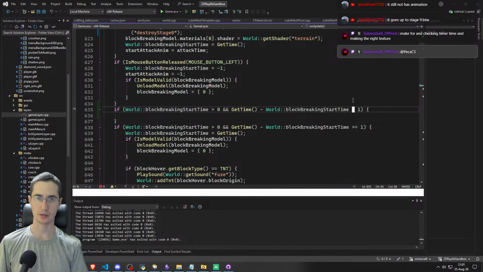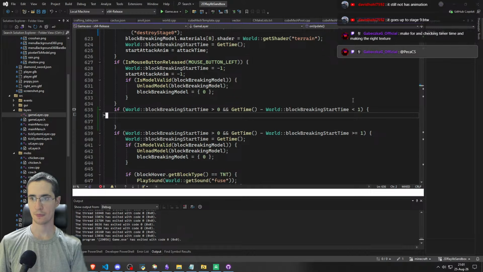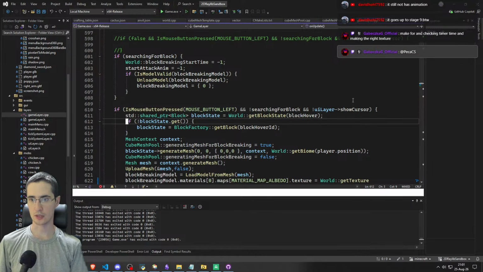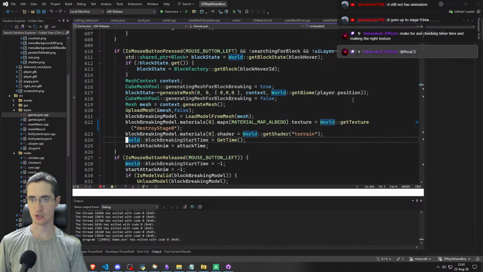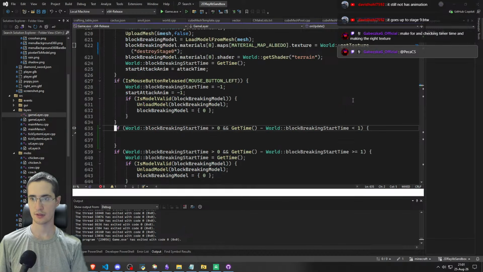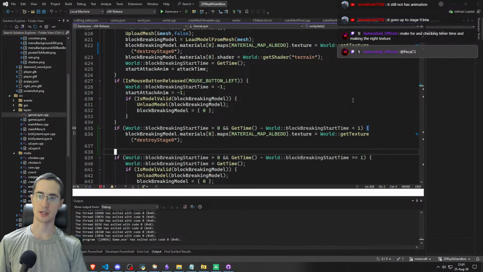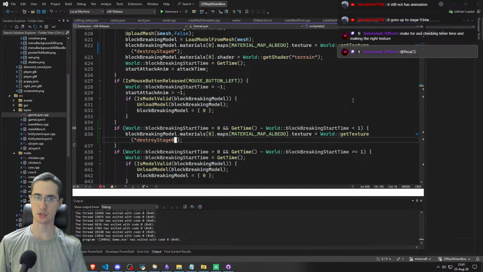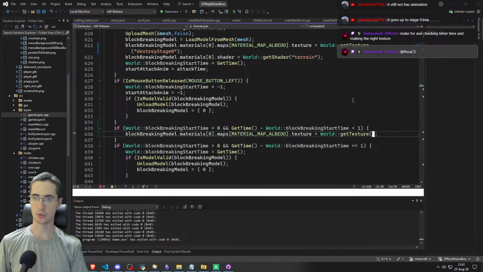It's less than 1, and here we want to update the texture. So here, how are we going to decide on the texture? We'll do text format